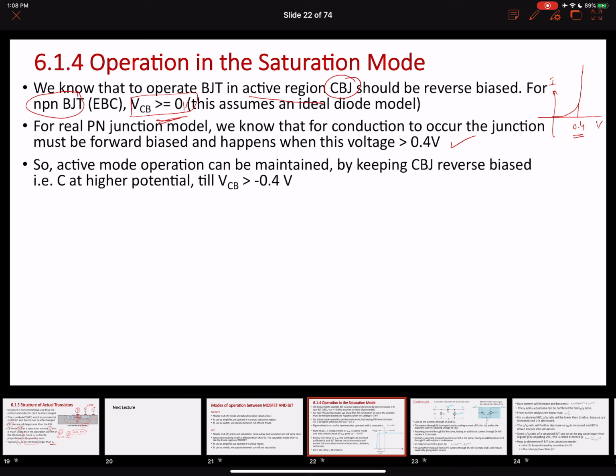Okay, so the important thing is that the initial condition we were stating, that in order for the collector base junction to be reverse biased, our collector to base voltage should be greater than or equal to 0, will no longer be true if we assume a real model. If we assume a real model, this means that my voltage across the collector to base should be greater than minus 0.4 volts to make it reverse bias. Just to make things slightly easier to understand,